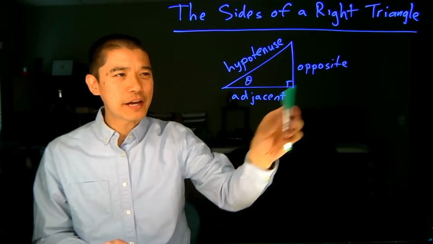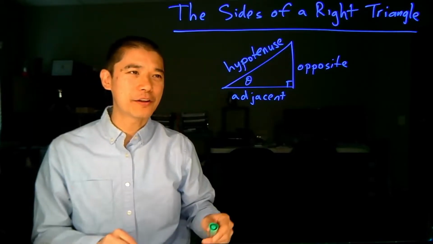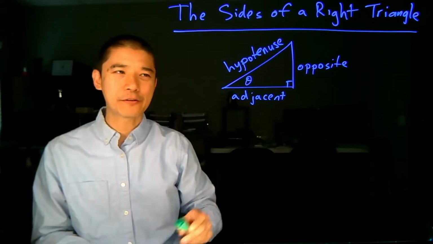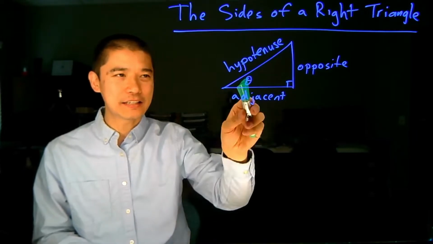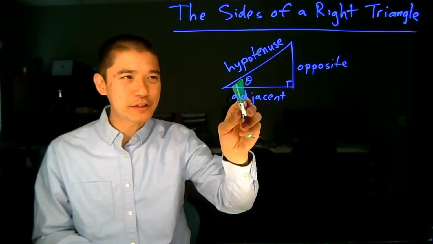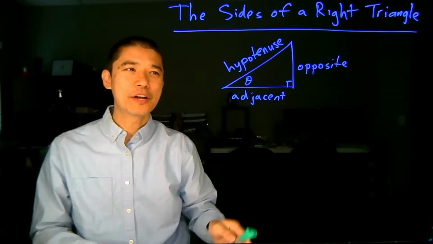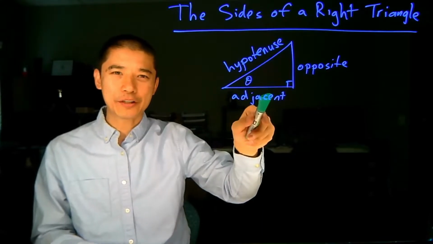But the other two sides are just typically known as legs, and we have to be able to identify one from the other. So relative to the angle theta, we have an adjacent side. It's adjacent to the angle. And then we have the opposite side, which is opposite the angle. So when we see the words adjacent, opposite, and hypotenuse, they always refer to parts of a right triangle relative